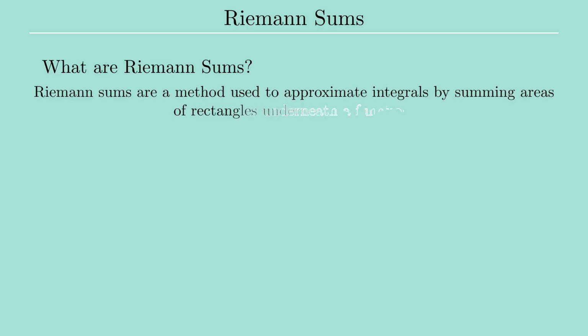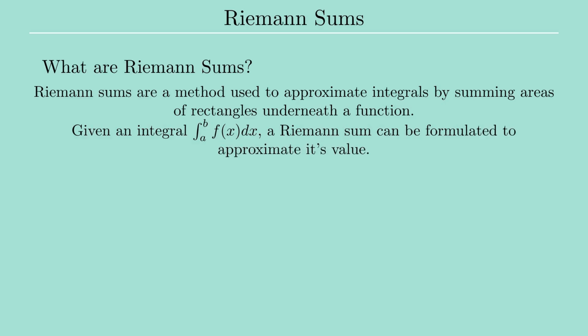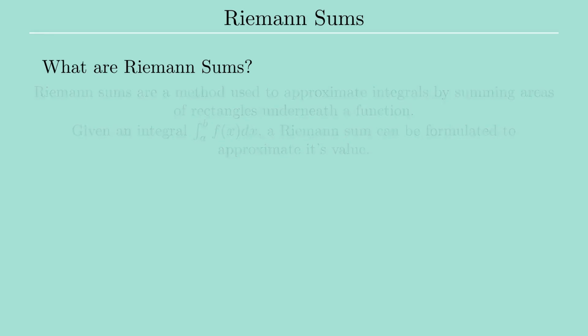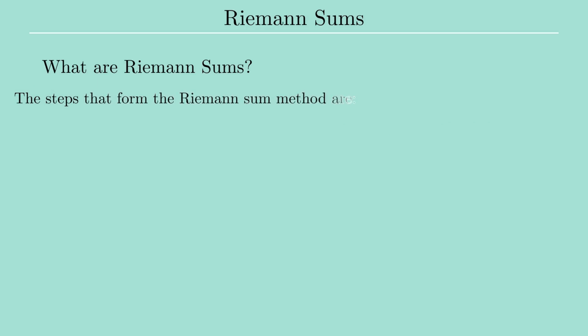Riemann sums. Riemann sums are a method used to approximate integrals by summing areas of rectangles underneath a function. Given an integral, a Riemann sum can be formulated to approximate its value. The steps that form the Riemann sum method are: